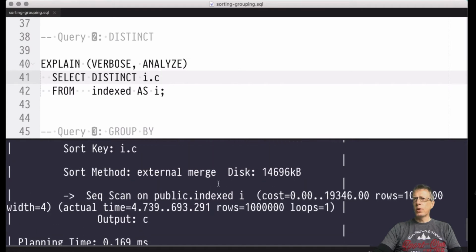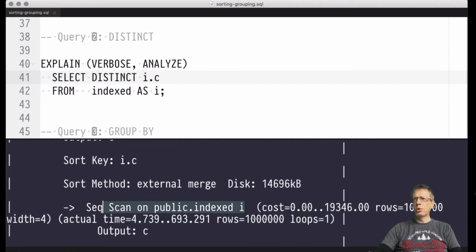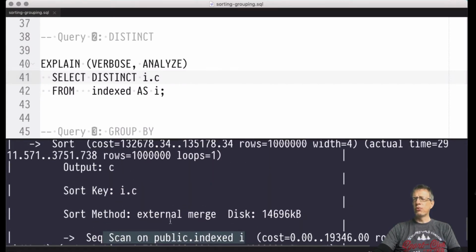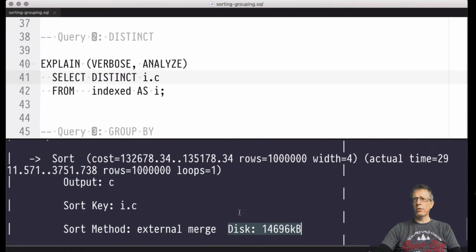There's of course the scan of the rows of the index table, and they again flow into an external merge sort that again uses external disk space to perform its work. The sort key again is the C column. Of course we would order the rows in C order so that adjacent C values are adjacent to each other,